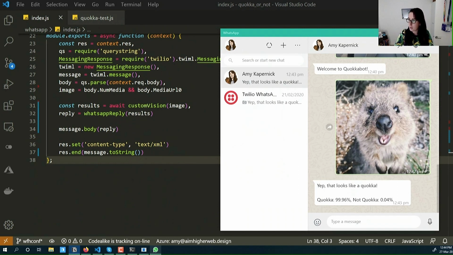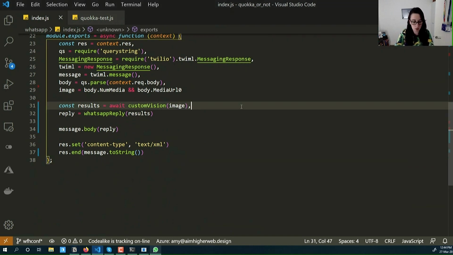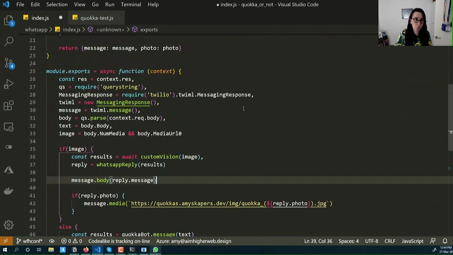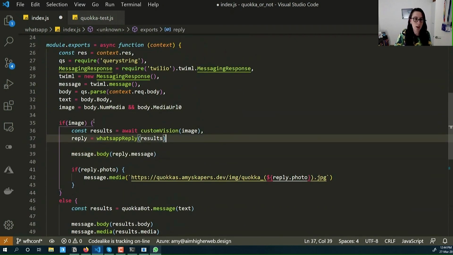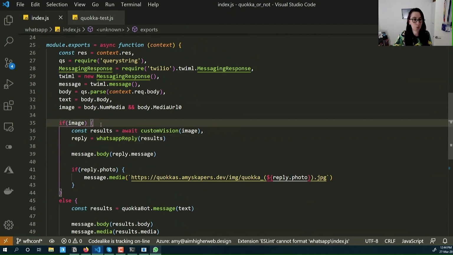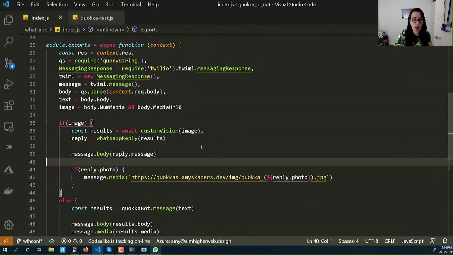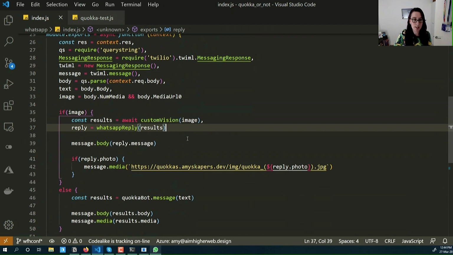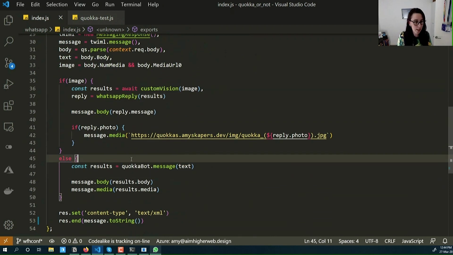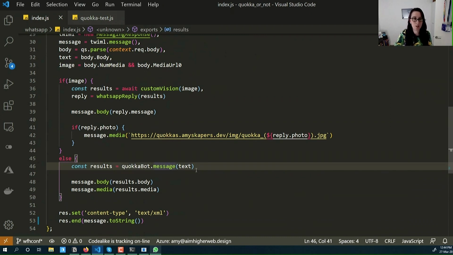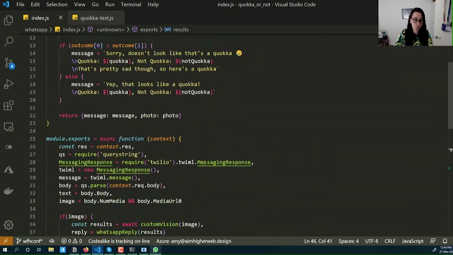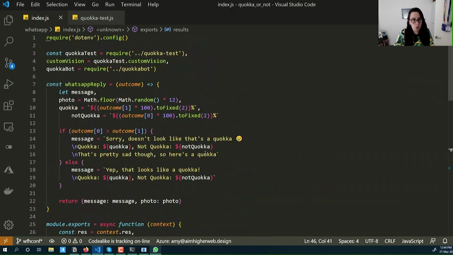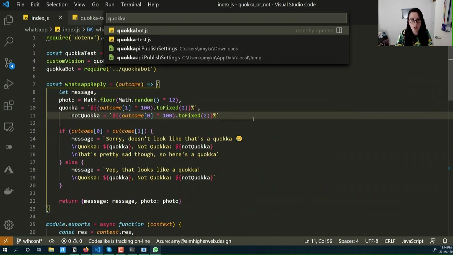Now, if I'm able to select... change in code, okay, what I'm doing now is I'm first of all going to check, has somebody sent through an image? If they've sent through an image, I then send that through Custom Vision and test it to see whether or not it's a Quokka. If somebody hasn't sent through an image, what I then do is I will send it a bit of information based on the Quokkabot functionality, which, if we have a look at that code here,